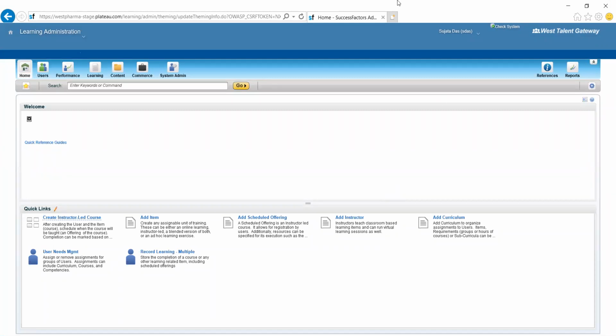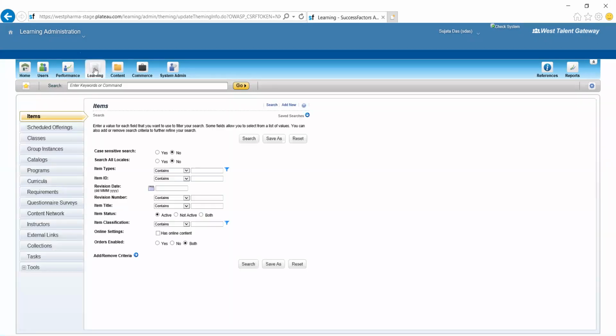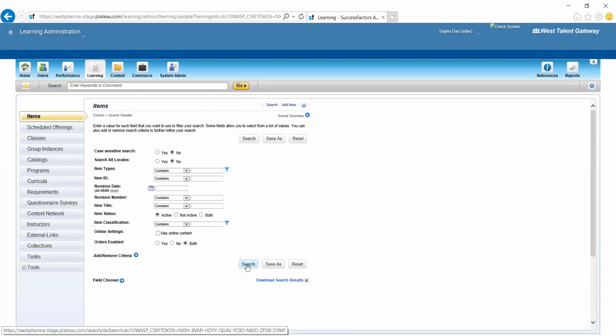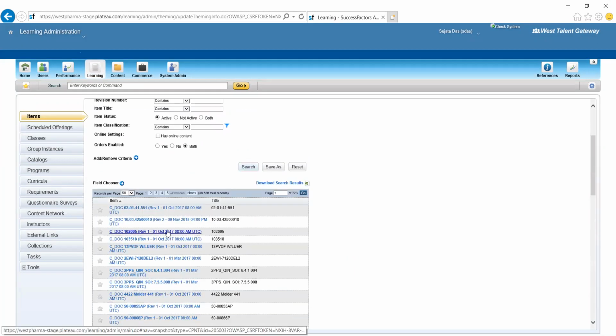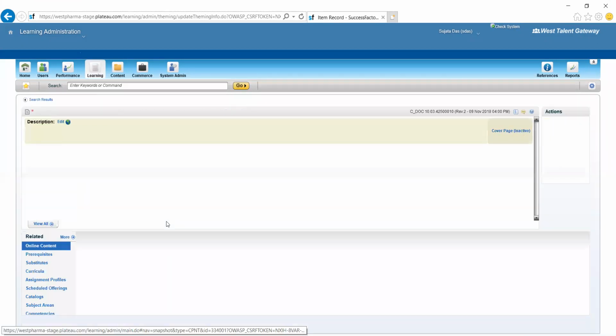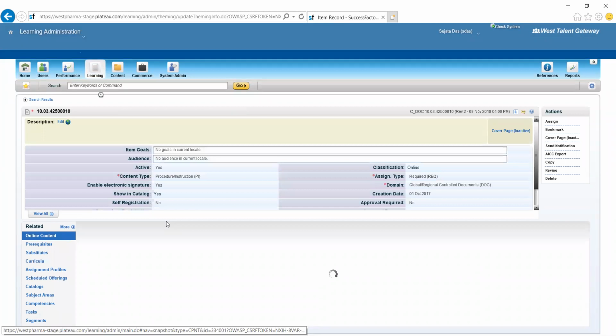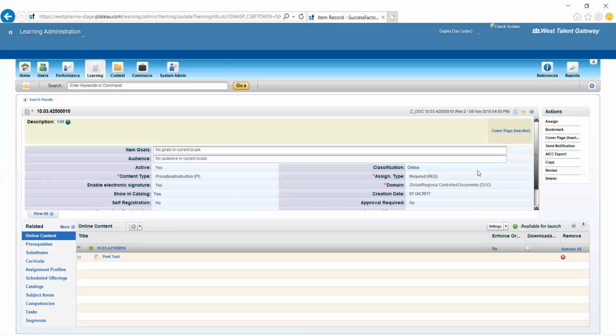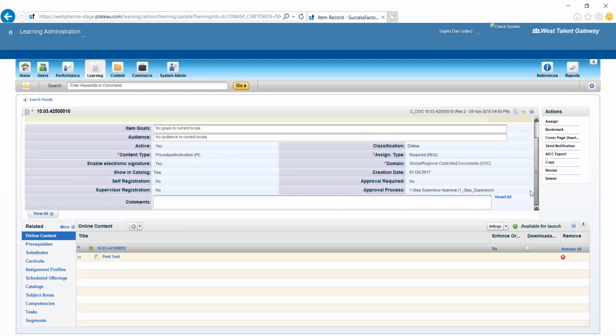First of all, I'll show you where the workflow is actually attached. If you go into any of these items, there is a field called workflow required or not. If no workflow is required, it is fine and we will not go through that. If it is required, there is something called approval required. Here we have mentioned it is a no.